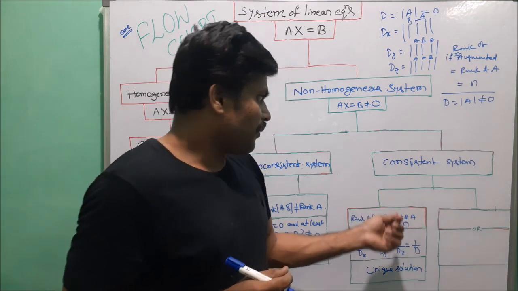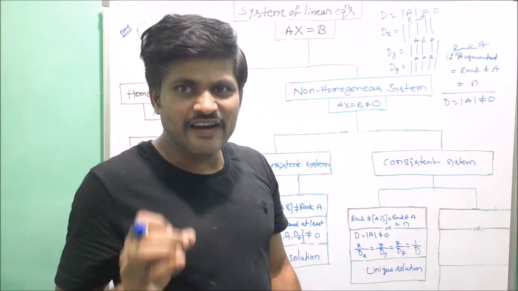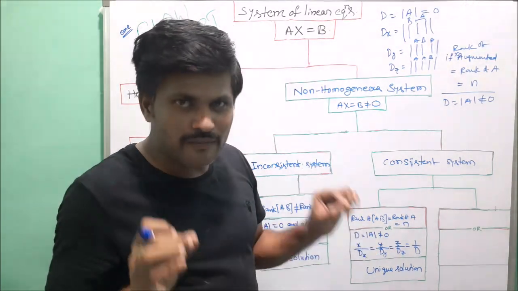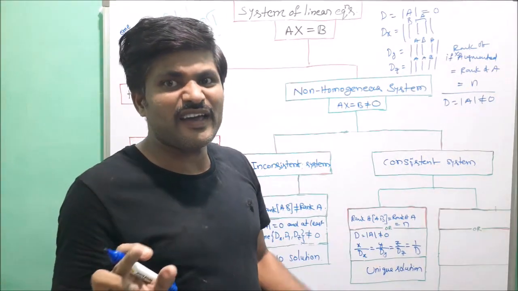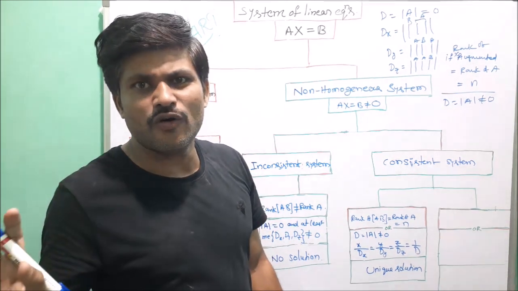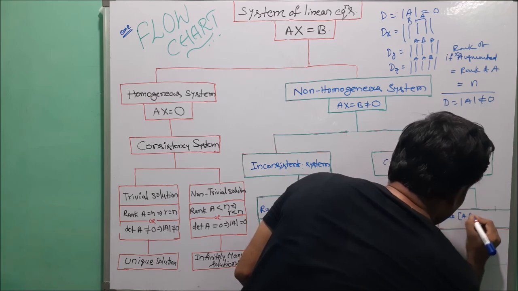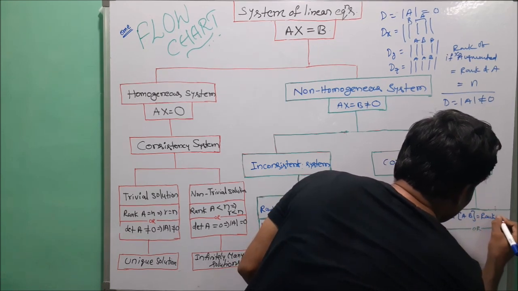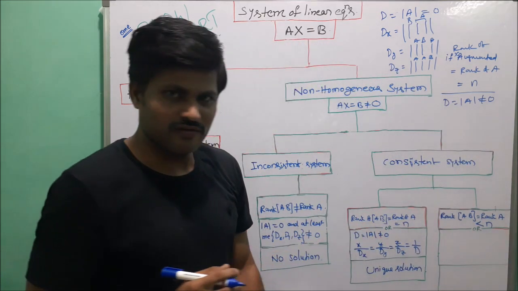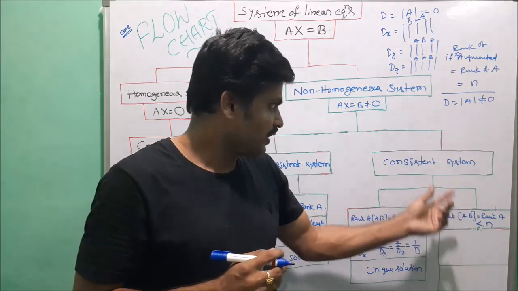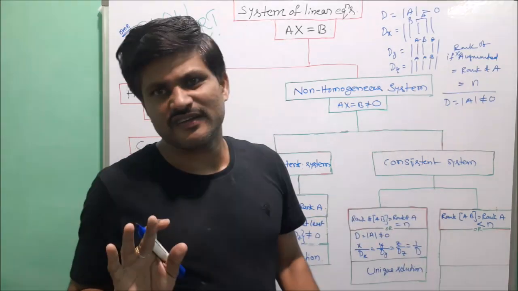Next one. Suppose the system has more than one solution. Here this condition exists if rank of augmented matrix equals rank of A and is less than the number of unknowns. Here rank is less than the number of unknowns. So rank of AB equals rank of A, which is less than n, the number of unknowns. Based on rank, therefore, the system has more than one solution, and also the system is a consistent system.